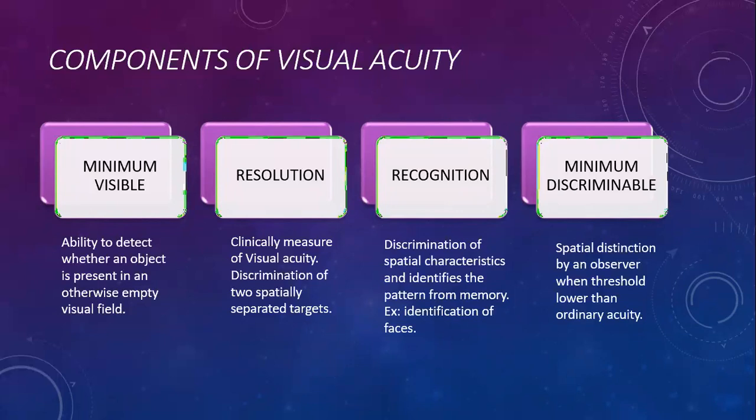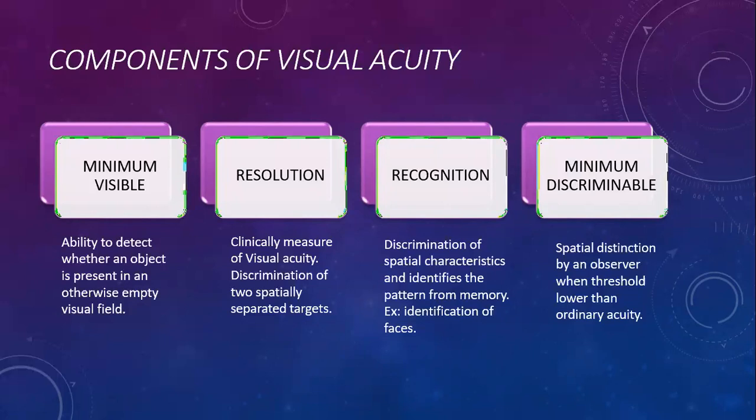Second is resolution. Clinically it measures the visual acuity, discrimination of two spatially separated targets. So this is the measurement of visual acuity, where we can discriminate or separate two targets, means A, B, C, D, whatever is there, we can at least